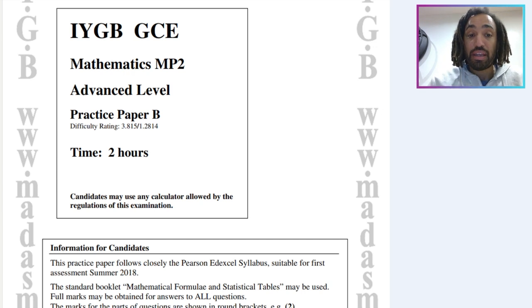This is paper B, difficulty rating 3.8, which I think is out of 5, not quite sure. But it's a really good paper, give it a go. There's a fantastic trig equation to solve, which is a really good one, good practice there. And there's also a really good implicit differentiation and integration by substitution. It's just a fantastic paper, so give it a go, watch the solutions,